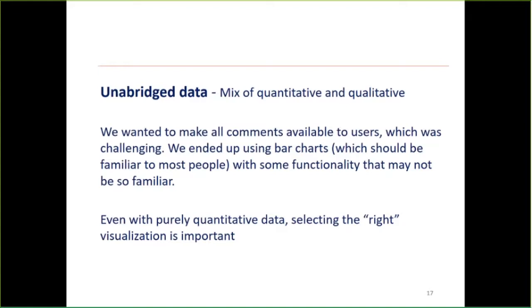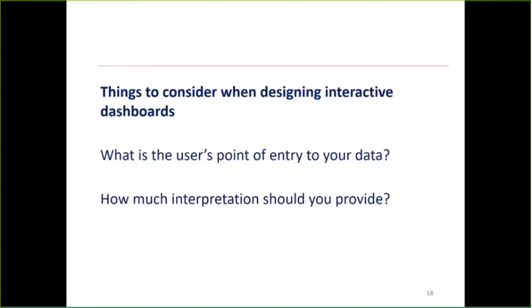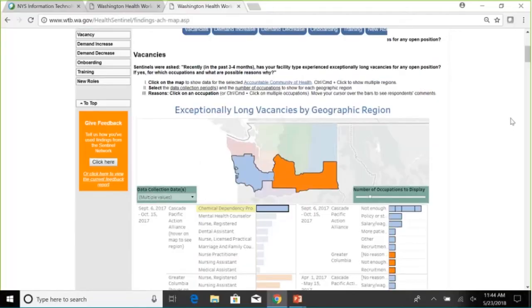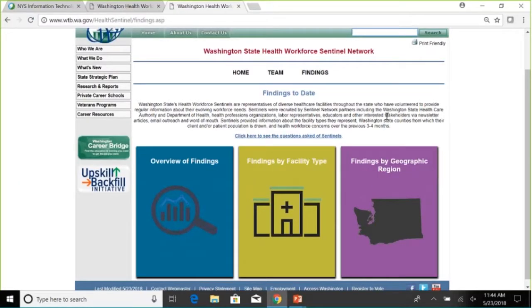We'll provide our contact information at the end, or if you fill out the evaluation survey after, there's a specific question on there where you can provide that information. So some general thoughts about that. What is the user's point of entry to your data? As I showed with our dashboards, we made the decision that the point of entry is either by facility type or geographic region. We've had a lot of comments from users that want to, say, start with an occupation and